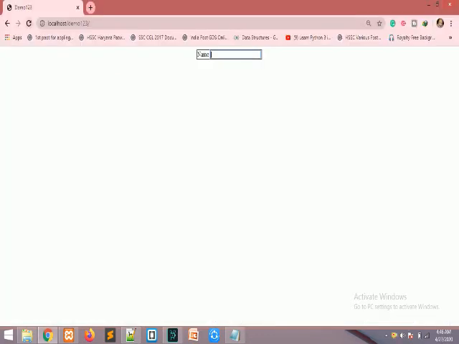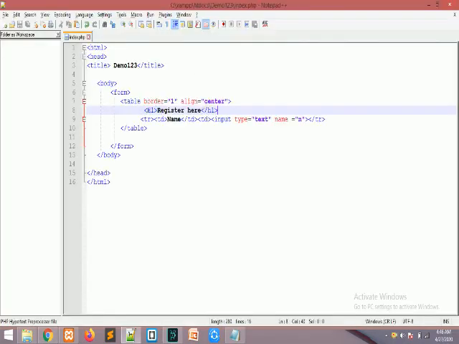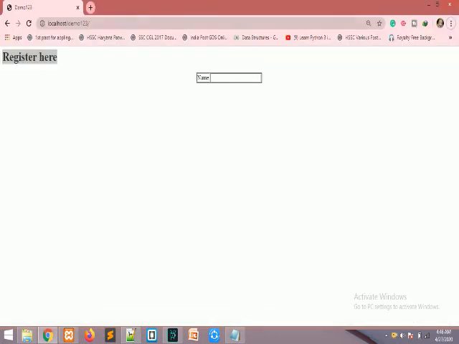Okay, this much done. See, register has come here. So we will copy the align equals to center and paste it here. Again we will refresh it, and we will see that yes, register has come in the center.